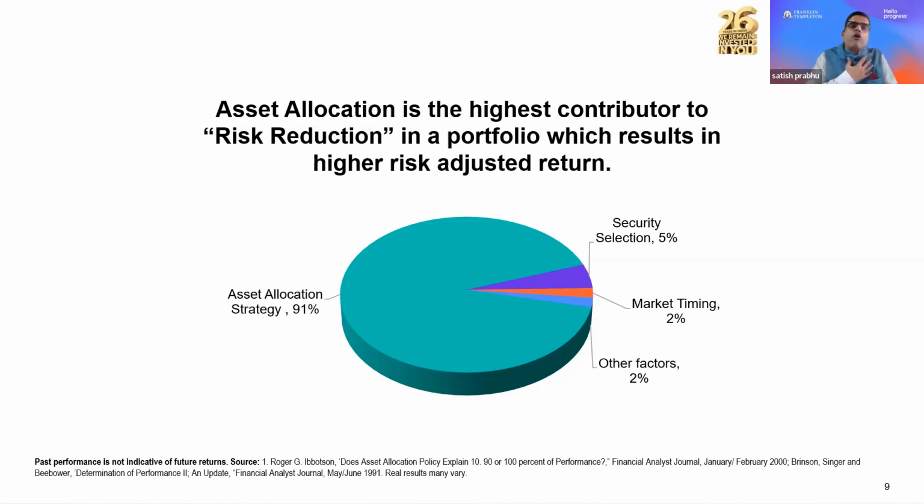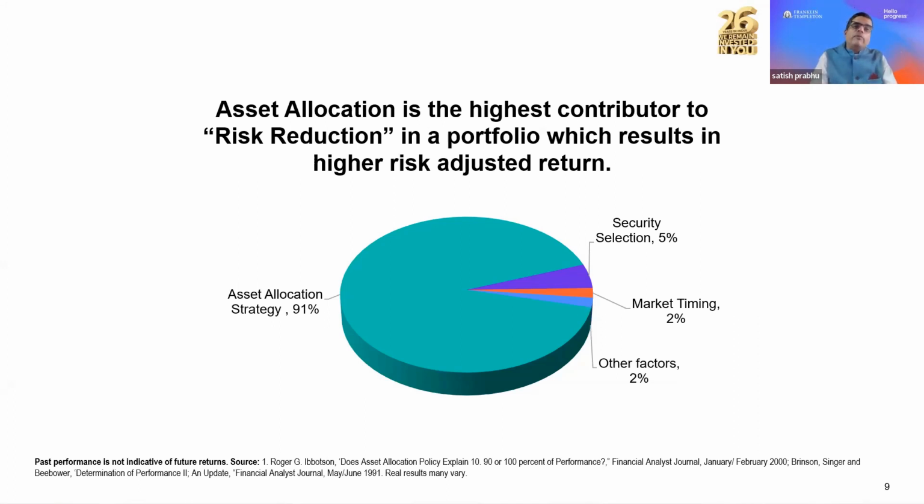And that's the reason all of us do not put all our money in equities. I'm sure the entire audience here, I can vouch that all of you have not put everything in equity. You may have put some money in gold. You may have put some money in bank deposits. You may have put some money in real estate, but you will not put all your money in equities, because equity is a volatile asset class.